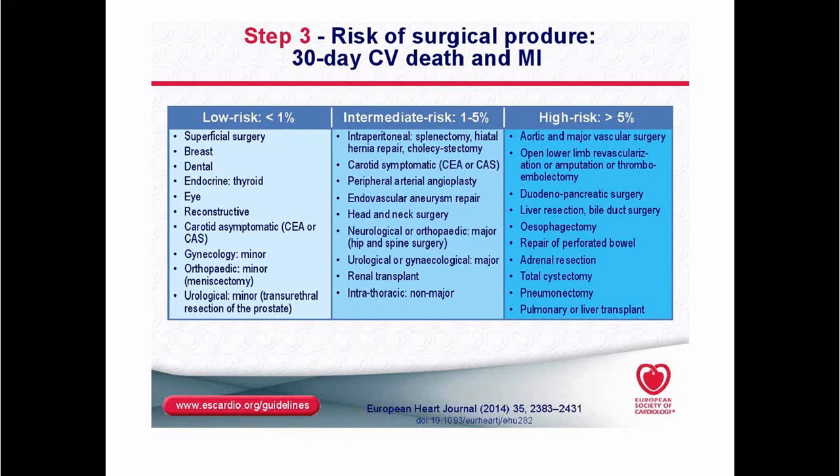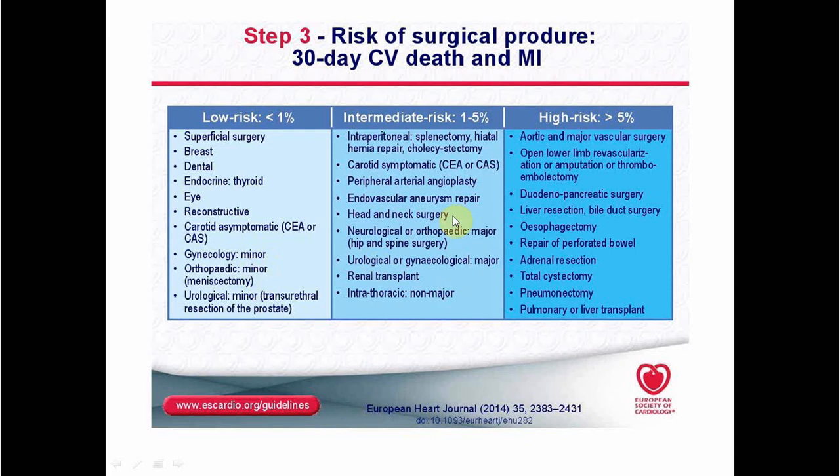the categories. The low risk surgeries are the superficial surgeries like breast surgery, dental procedures, thyroid surgery, subcutaneous, ophthalmic surgeries, asymptomatic carotid like carotid endarterectomy, minor gynecological and minor urological like TURB, and minor orthopedic surgeries. While intermediate risk surgeries are all intraperitoneal surgeries like splenectomy, cholecystectomy, hernia repair, the symptomatic carotid, the major